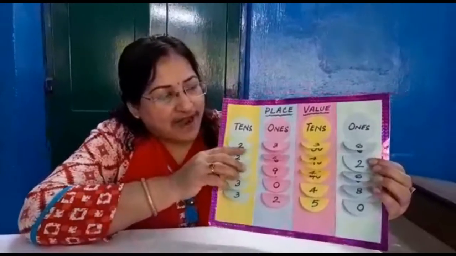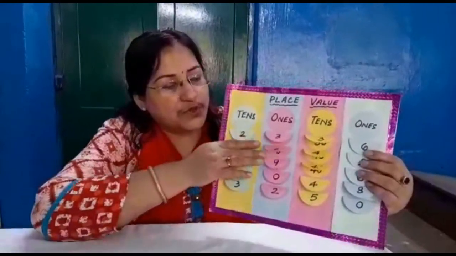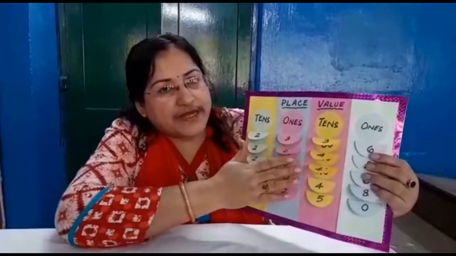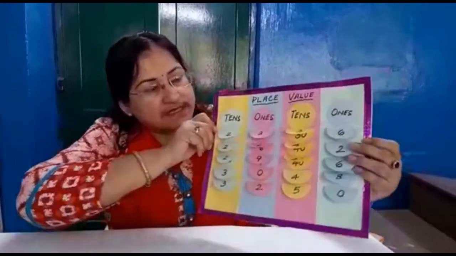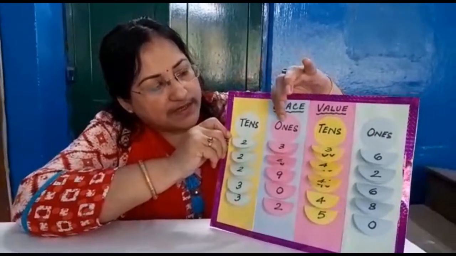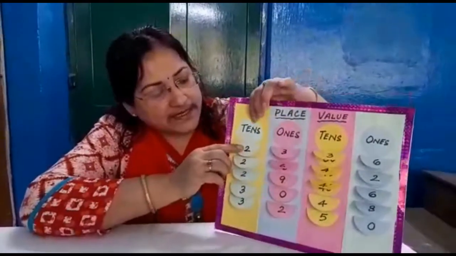So let me start today the place values. The last class I told you about the place values. So this is for your self-assessment. You can do yourself. Okay. Now this is a card where you can find out this is tens, this is ones, and the numbers are written over here. So look at here, tens.